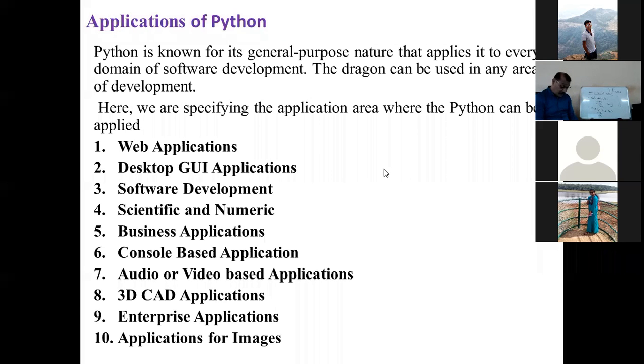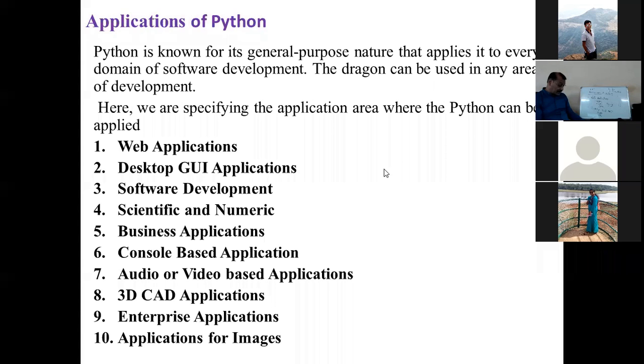Next is business application software. ERP, enterprise resource planning, is one of the important applications nowadays, and such types of software you can develop through Python.